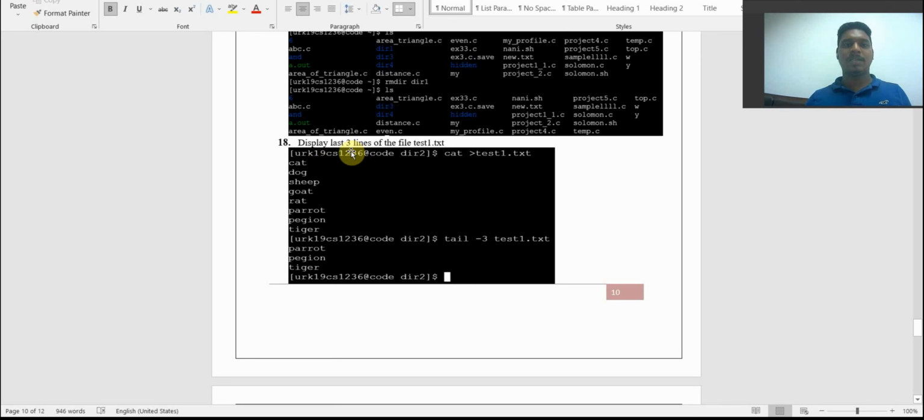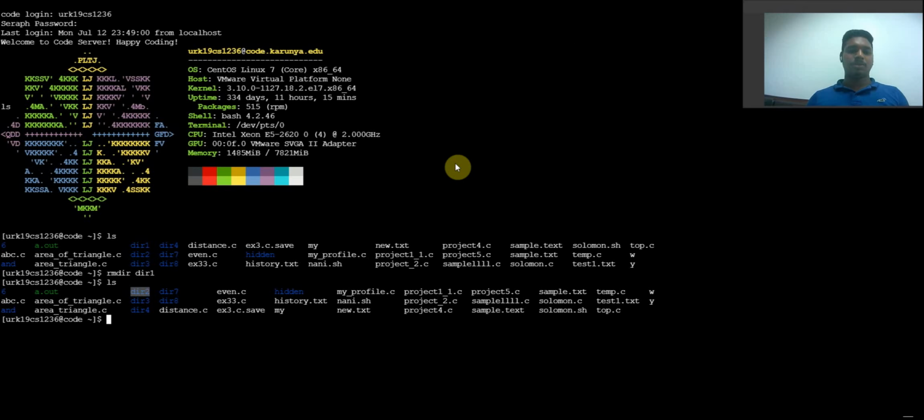Display last 3 lines of the file test1.txt. So they are giving me the file name that is called test1.txt. So test1.txt will be an empty file. So when we use cat, we can have a list of names. So let me use cat greater than test1.txt.